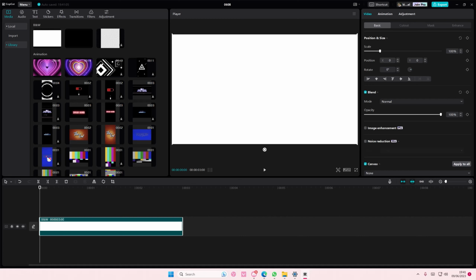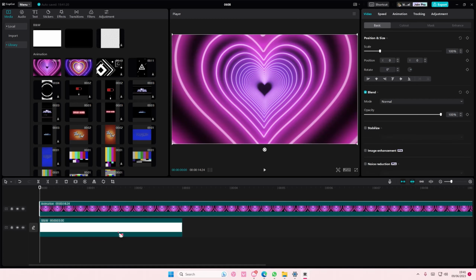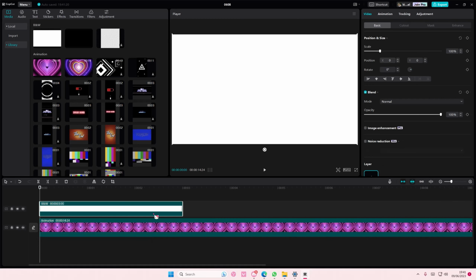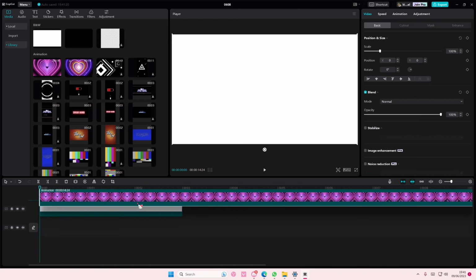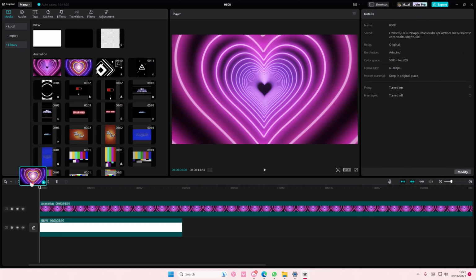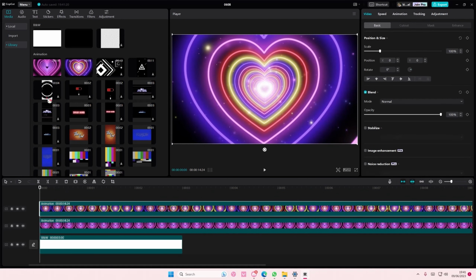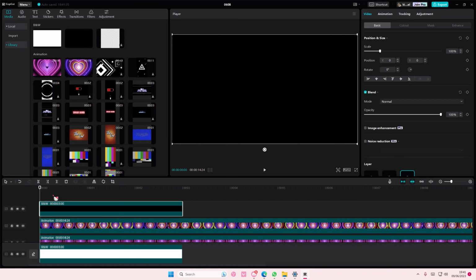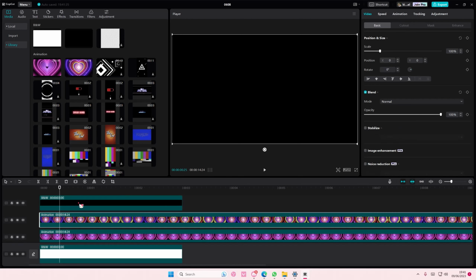I'm just going to add this picture, for instance. I'm going to add this on top, and this will stay at the back all the time, sorry. But these ones are layers, so we have layer 1, 2, and 3 maybe. Here we go. And for instance, I want this layer to be on the third layer, so I'm just going